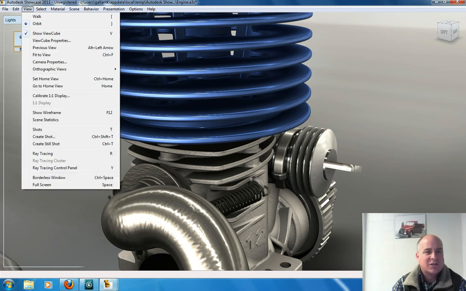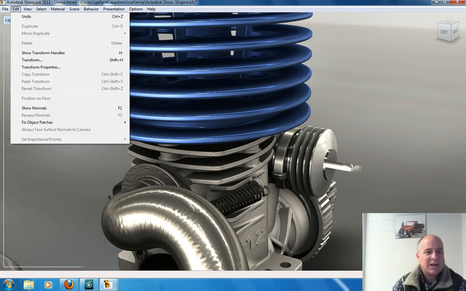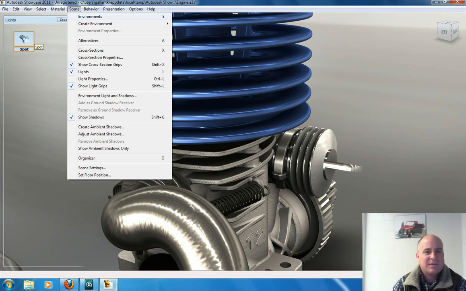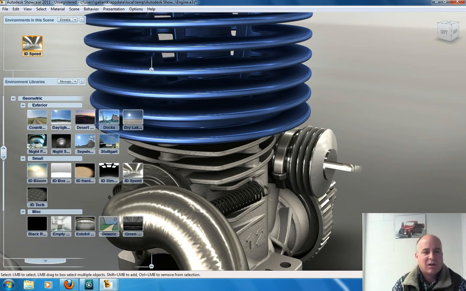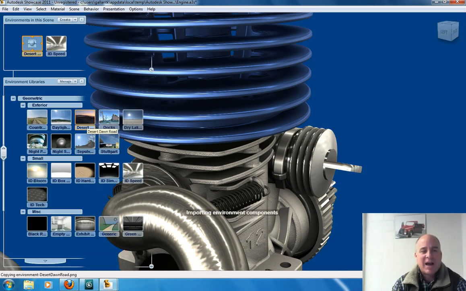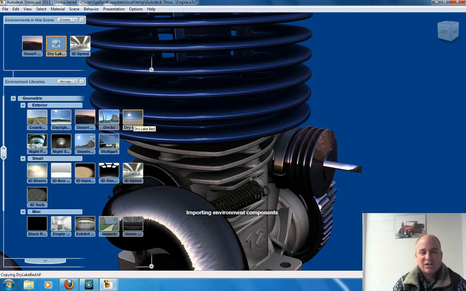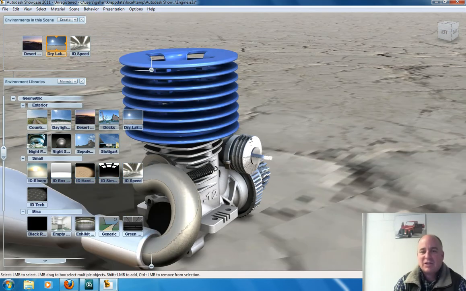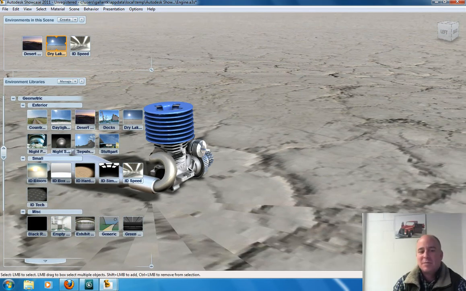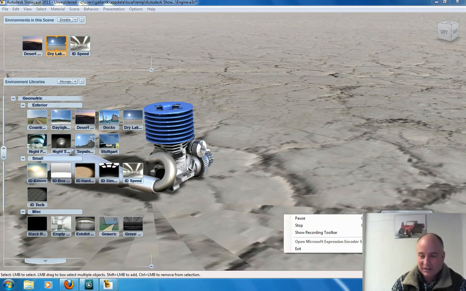One more thing I want to show you here. You can find it under Material, scene, environments. You can set the desert as a background, or you can set different backgrounds, small, large, dry lakes. It takes a while to load them up, but you can have different backgrounds automatically for that object. Crazy, eh? Anyways, you can go on and on and on, and it's pretty neat. So I'm going to stop there, and Friday's